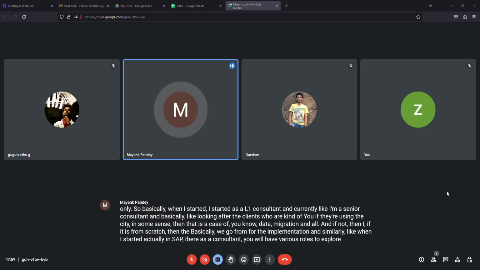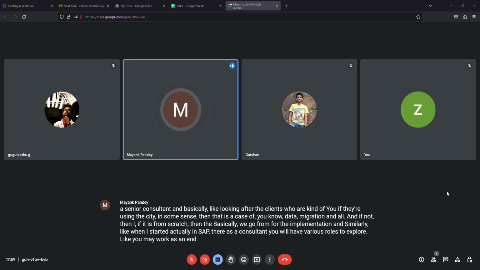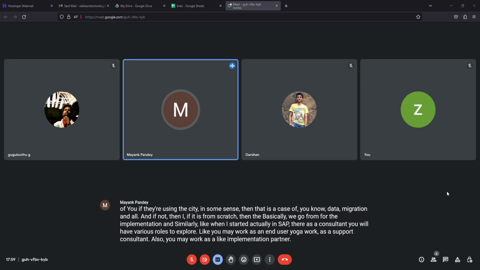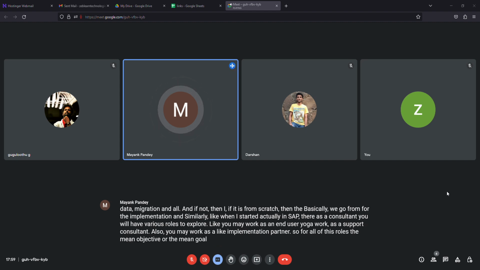You may work as an end user, as a support consultant, or as an implementation partner. For all of these roles, the main objective is to have the basic knowledge and concepts of the order to cash cycle.